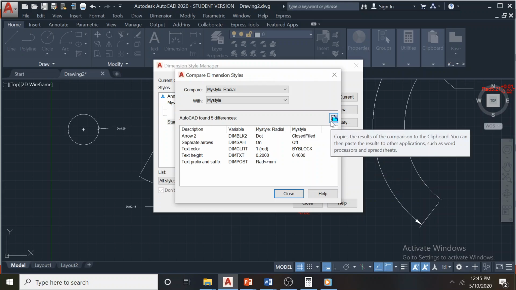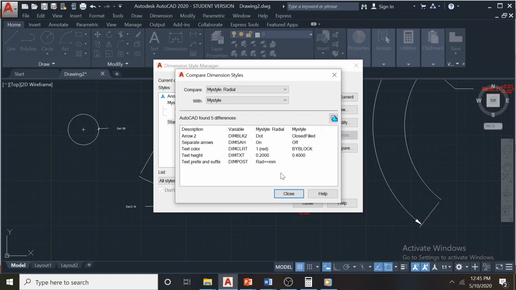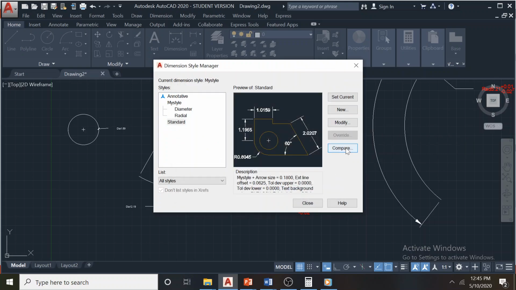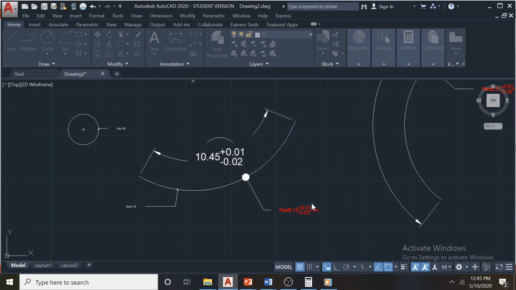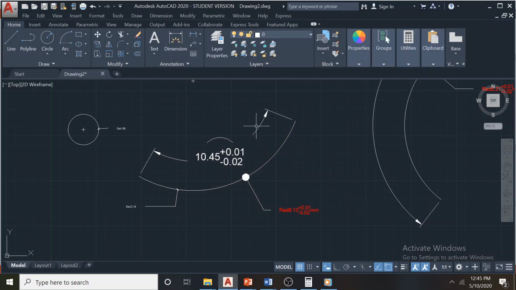And you can copy it to a clipboard and paste the results into other applications such as a word processor or spreadsheet. So it is very easy to communicate these changes to another person by comparing. So I hope you understood the basic settings here. We will go through an example and see in a while, before coming to this